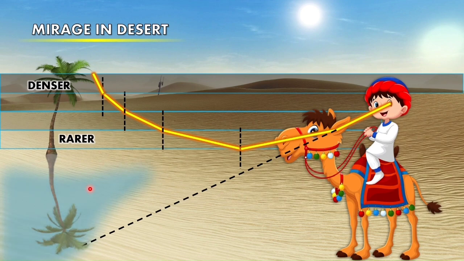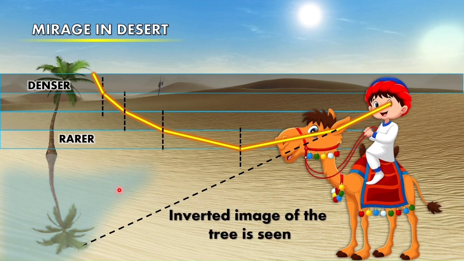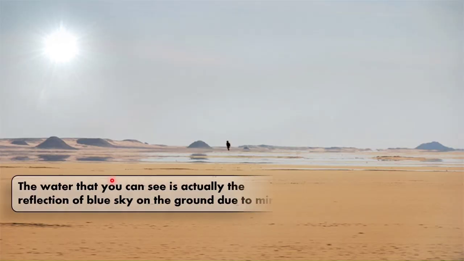Even though there is no water around, well, I hope this mirage concept is clear now. All right, so the water that you can see is actually the reflection of blue sky on